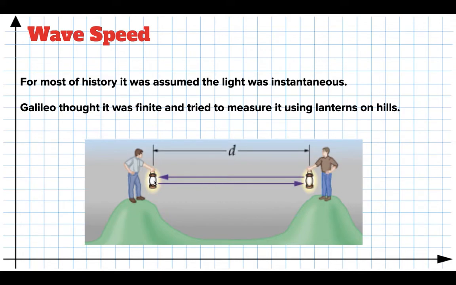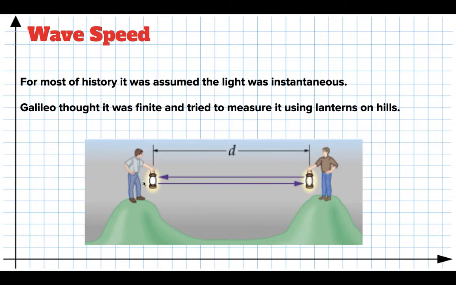And he had a lantern and he had it shuttered. And he would uncover his lantern and the light would travel across until the guy on the other hill could see a little speck of light. And as soon as he saw a speck of light, he would unshutter his lantern, and that would send some light back. And Galileo tried to measure how long it took the light to travel across to the other mountain